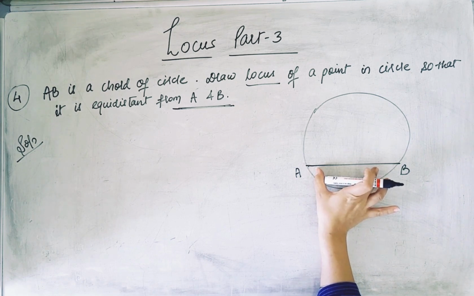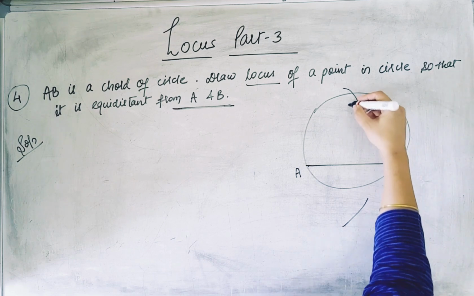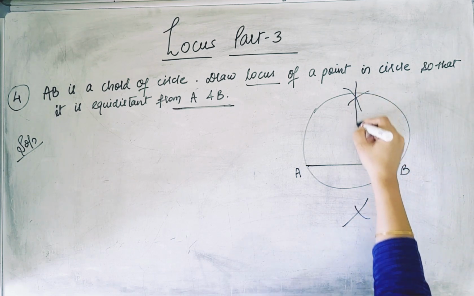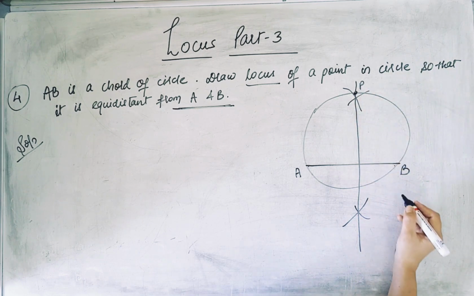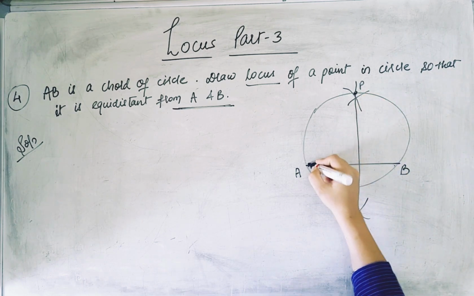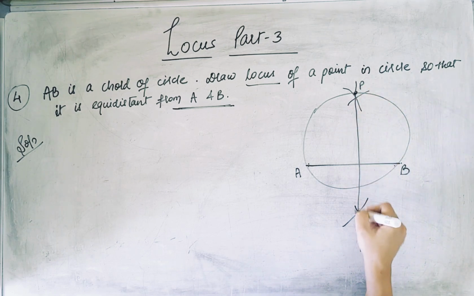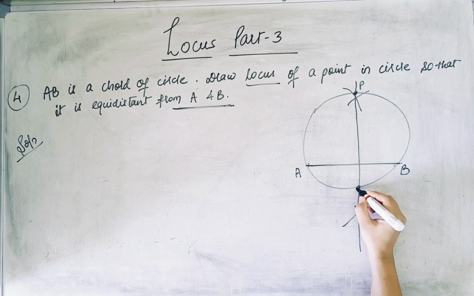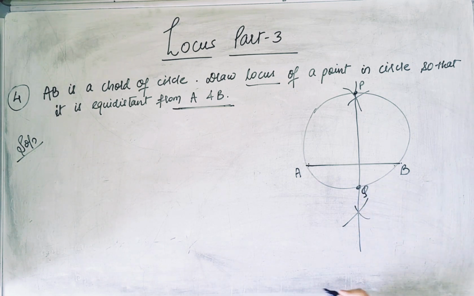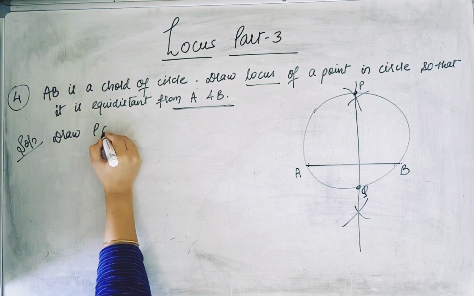I'll take more than half of it. I'll draw an arc above this line and below this line. Similarly from here and here, we'll join it. So this P is the required locus which is equidistant from A and B. Since this P is lying in the center, this PQ will be the diameter of the circle. So what we'll do over here, we'll draw PQ,